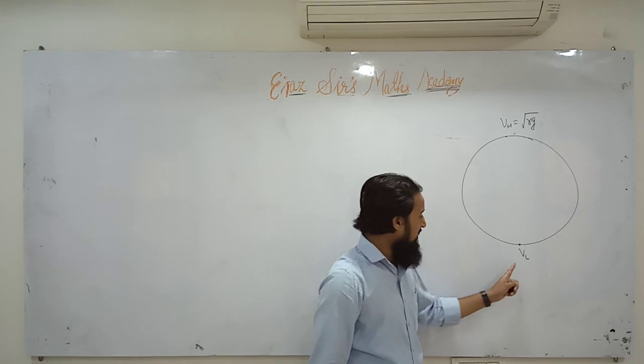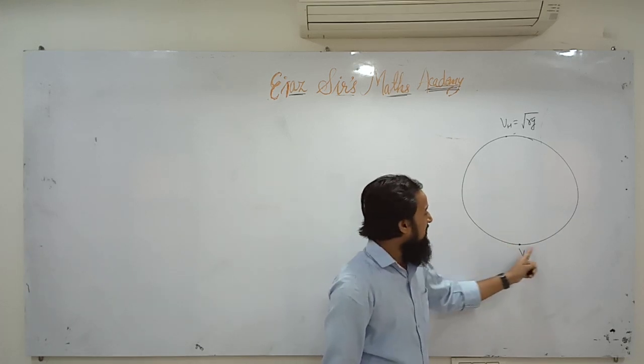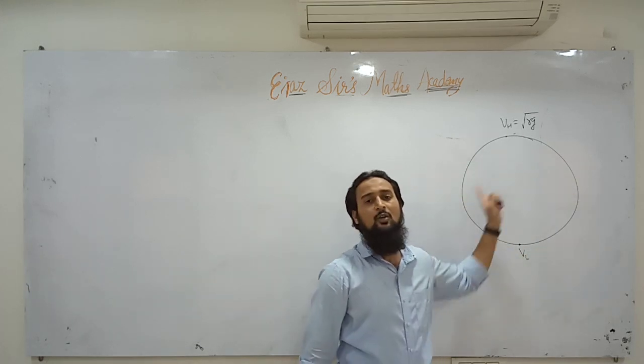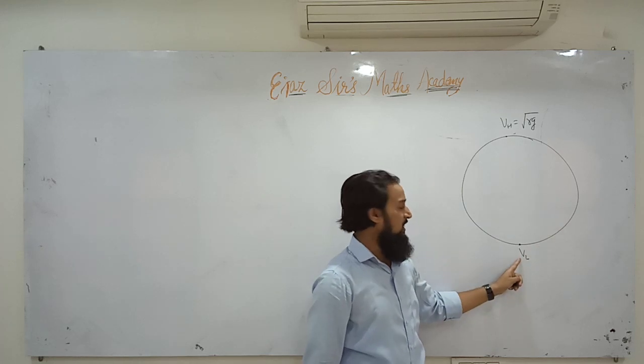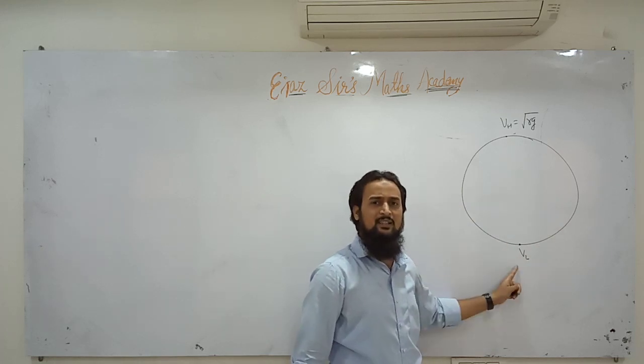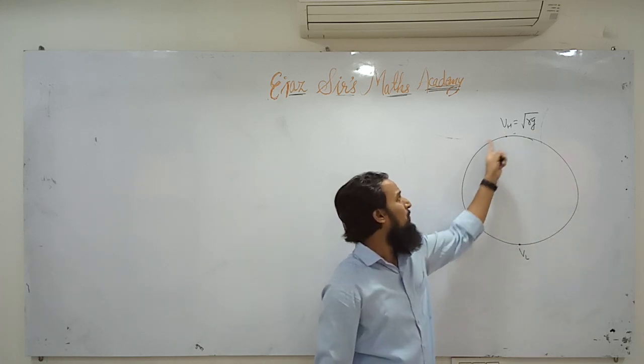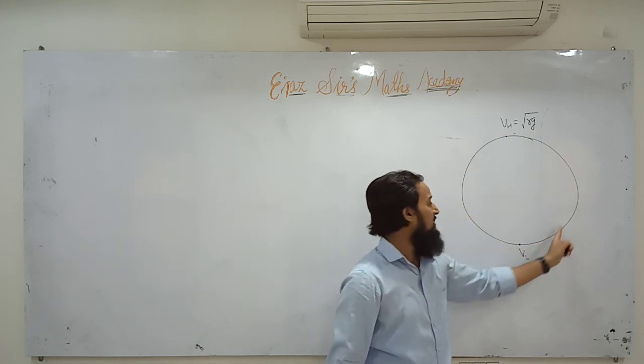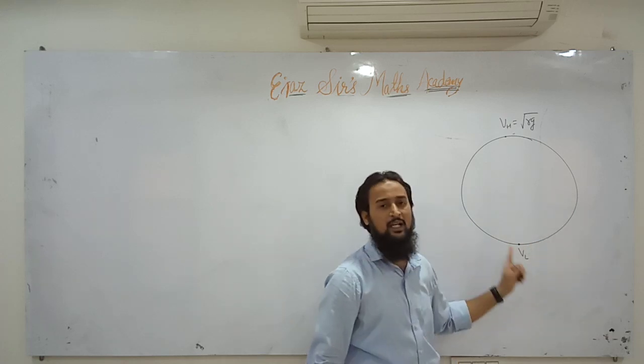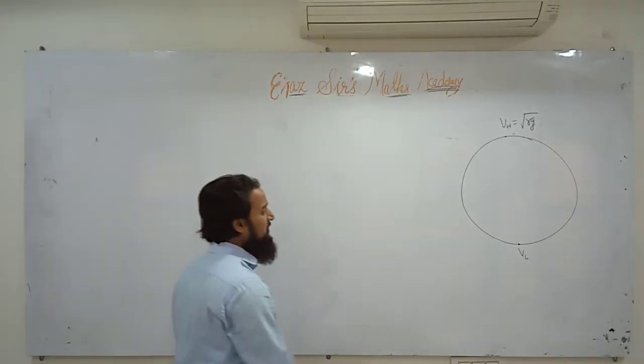Looking at a person here, we can predict whether that person will be able to complete the circle or will not. If the velocity at the lowest point is less than the required velocity, the person will never be able to go up and complete the circle. The person will just go a little up and fall back. Understood? Let us find VL.